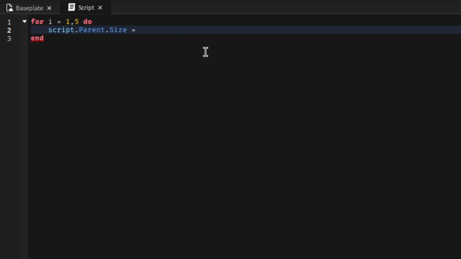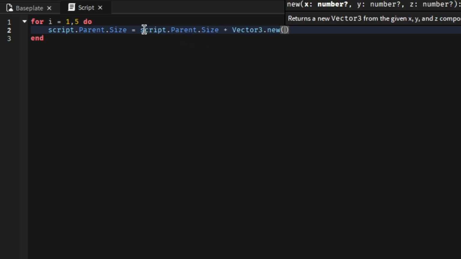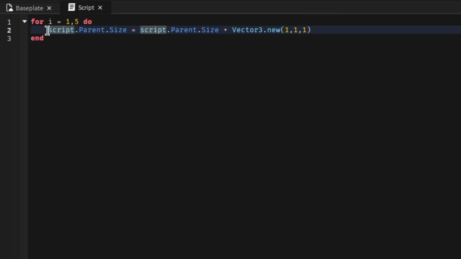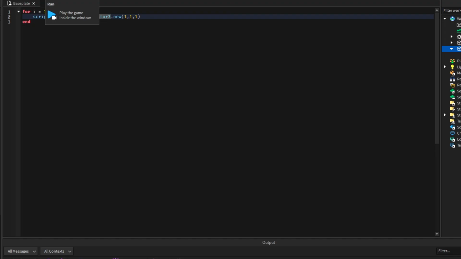If we want to change the part size, we have to get the part size and then add to it. Okay, so we have the parent size, and then we want to increase it by 1 on all axes. We can do 1, 1, 1. So if this still doesn't really make sense, you have the size, but then you're setting it to something new. So you need to reference the size again, and then you need to add to the size. When we run the game now,